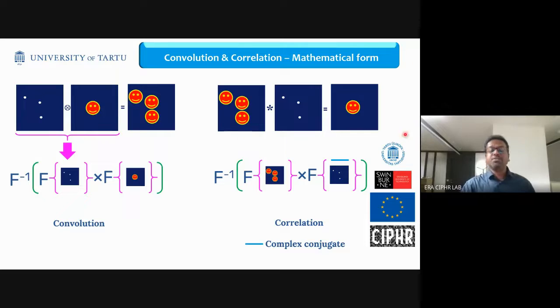And the last step, correlation, can be done like this. We have this output. If we correlate this with either the PSF or this, then we get the other matrix information. Once again, the same procedure: Fourier transform of matrix 1, Fourier transform of matrix 2, and this bar symbol indicates complex conjugate. If it is a real matrix, then you just have to flip it. Then multiplication followed by inverse Fourier transform.